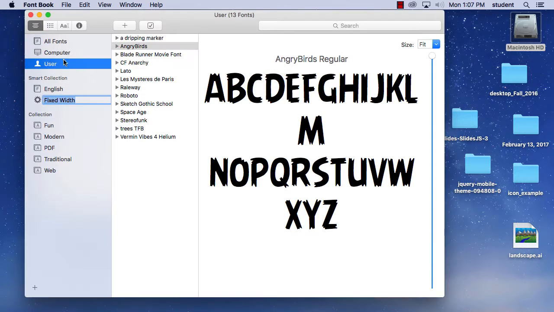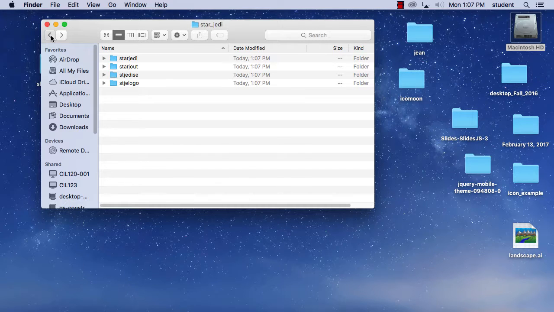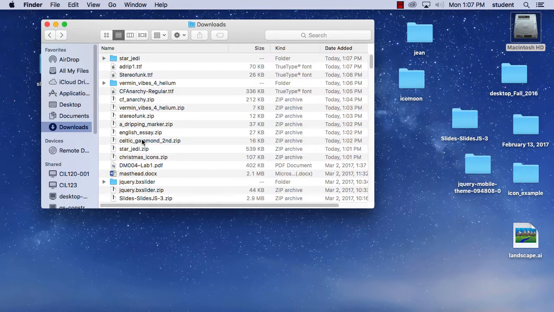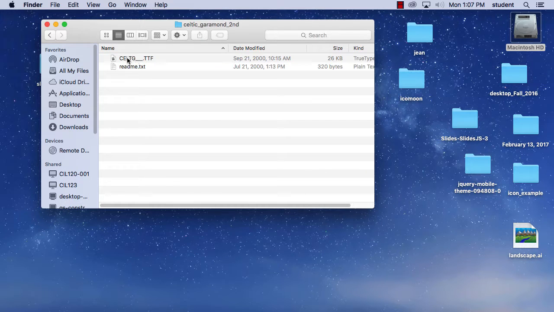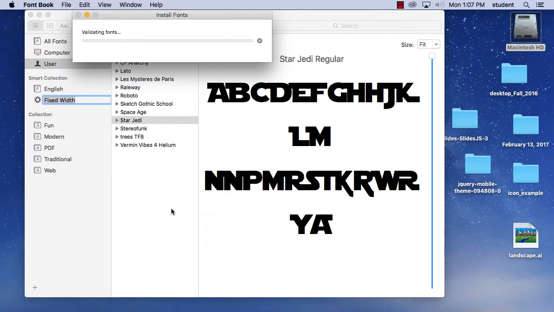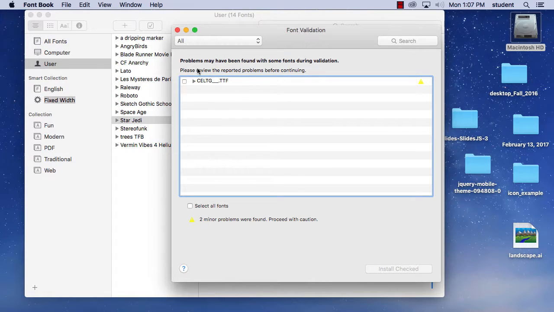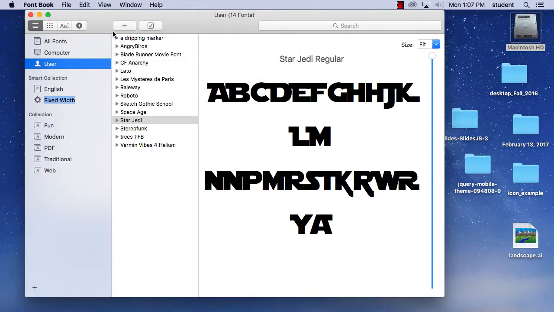Jedi font. And what else? Oh, the Celtic one. Very nice. And if you get this message, just click on the little box and say check installed, and hopefully it installs